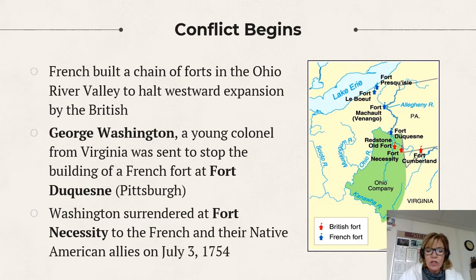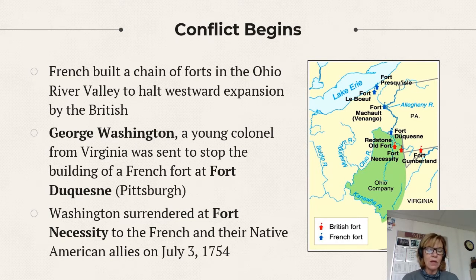So Virginia was concerned about this, and the governor of Virginia sent the young George Washington to expel the French from Fort Duquesne. The only thing is, Washington gets there and he's surrounded at what they call Fort Necessity. You can go and visit Fort Necessity today. It's not much, it's just a patchy wooded area. They have like a historical marker there. It's up in the mountains. There's lots of good hiking and whitewater rafting up there, though.